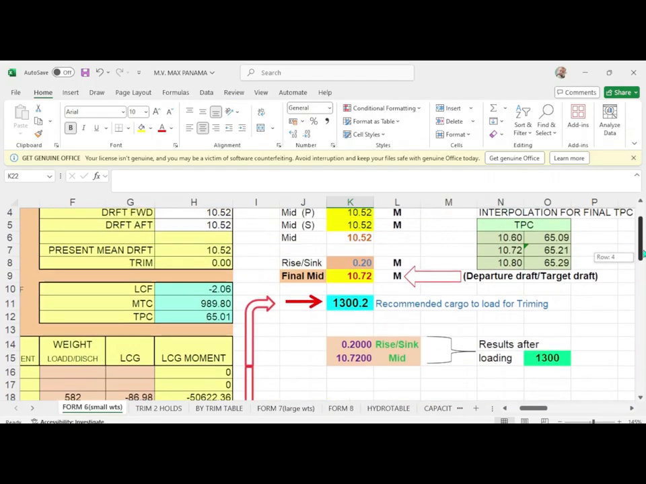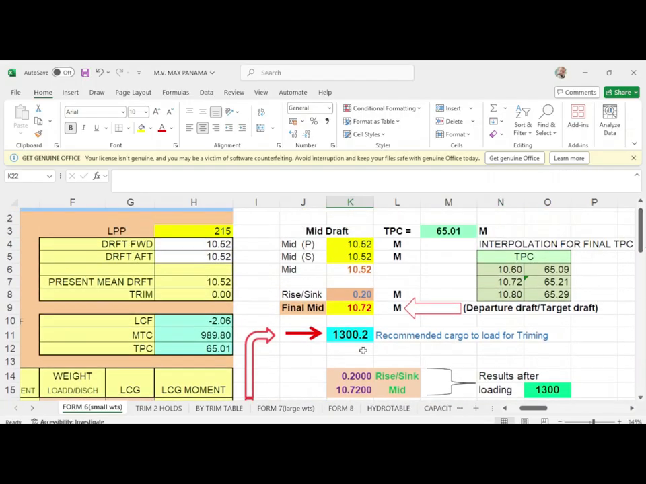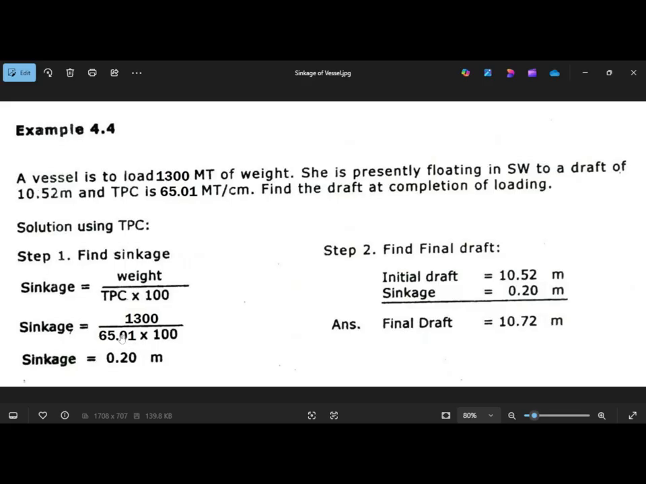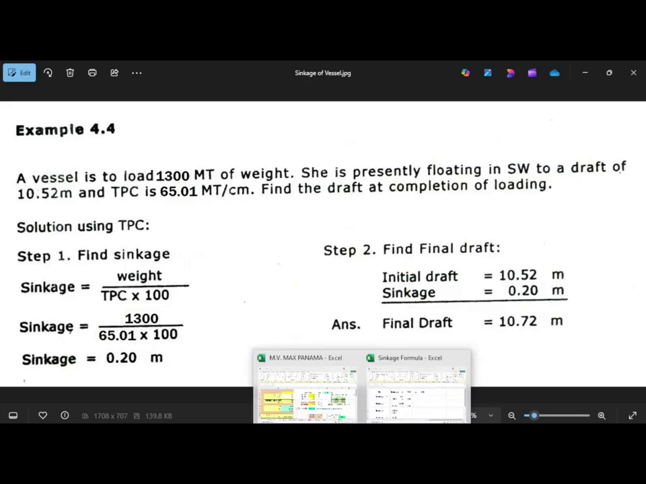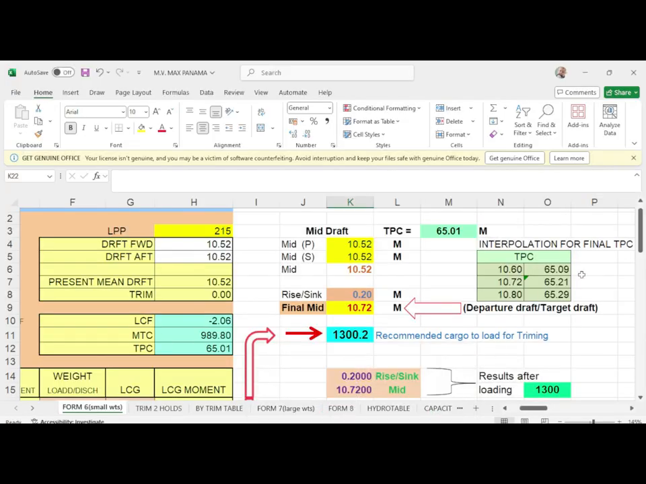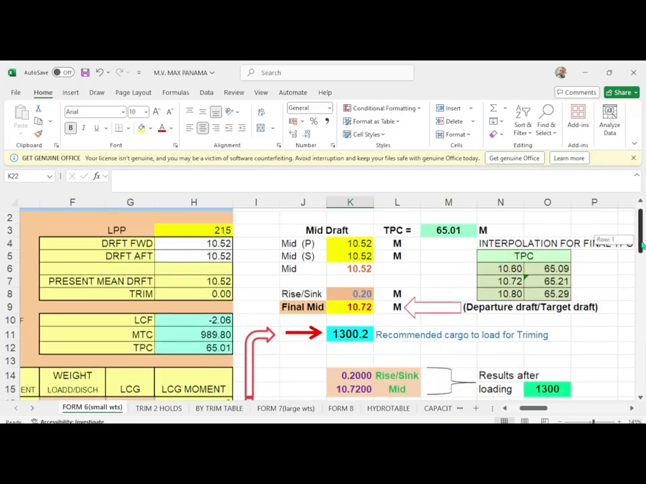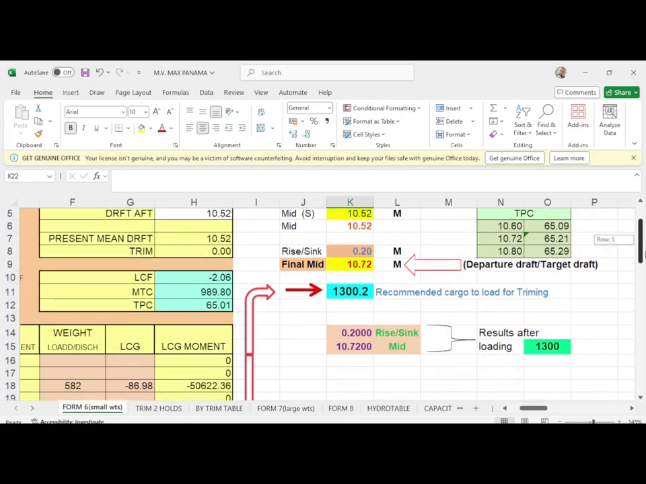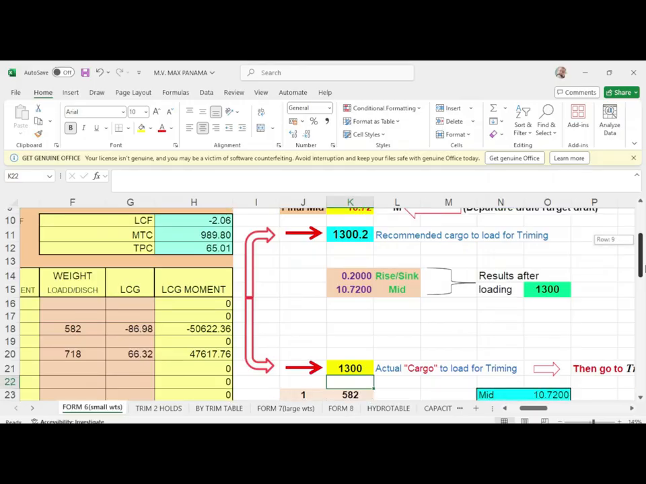Now with this 1,300, the TPC that you're using is 6501, which is this one. Okay, then let's proceed. Now we will distribute the cargo. We'll distribute the cargo and we go to trimming,